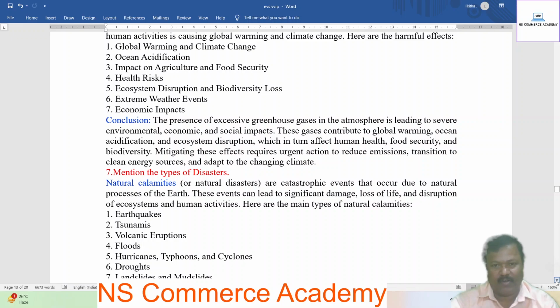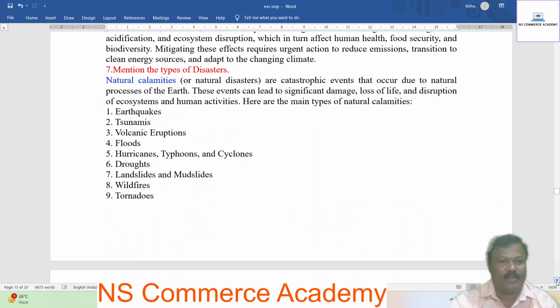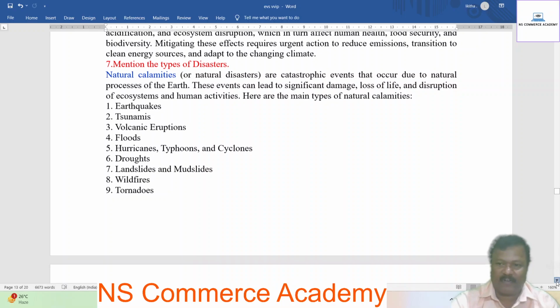Natural calamities are catastrophic events that occur due to natural processes of the Earth. These events can lead to significant damage, loss of life, and disruption of ecosystems and human activities. Here are the main types of natural calamities: earthquakes, tsunamis, volcanic eruptions, floods, hurricanes, typhoons and cyclones, droughts, landslides and mudslides, wildfires, tornadoes,